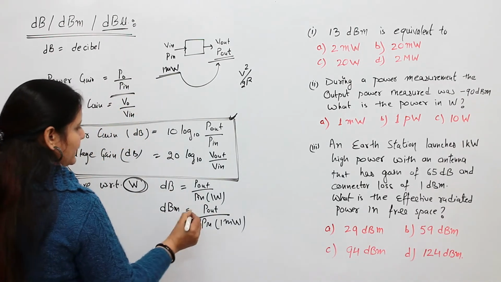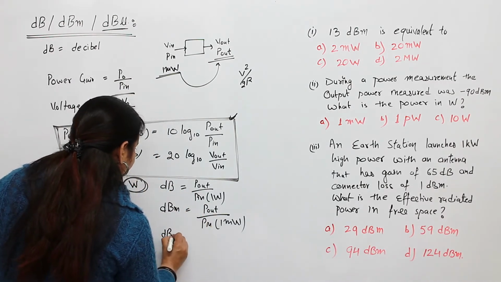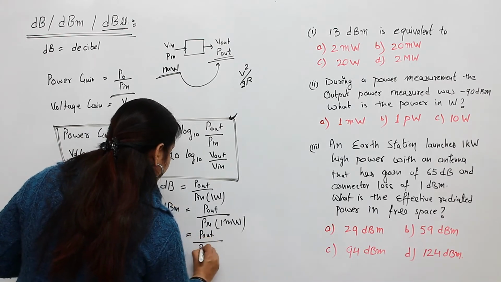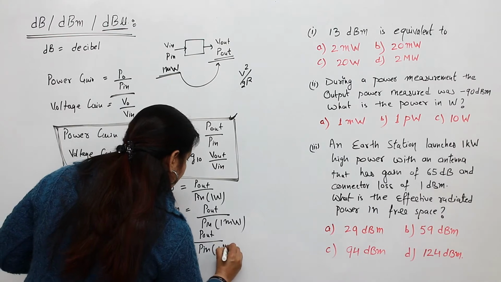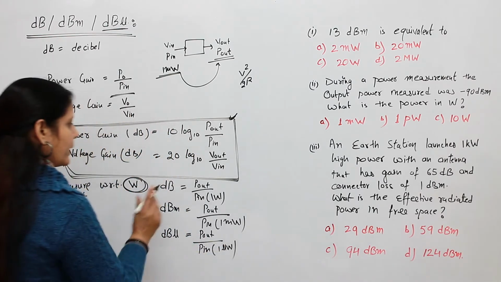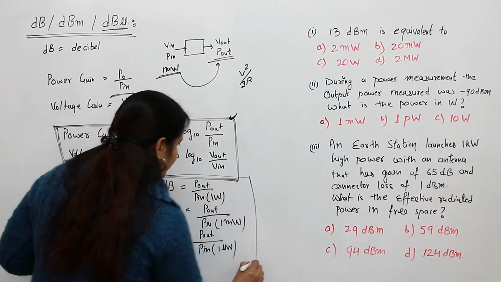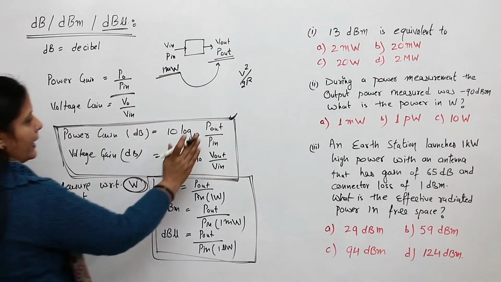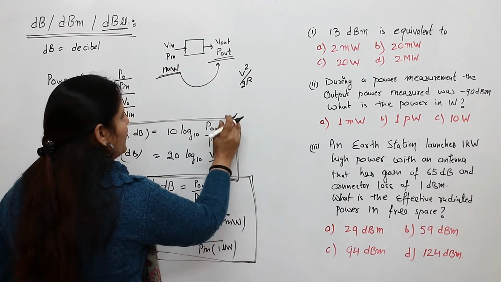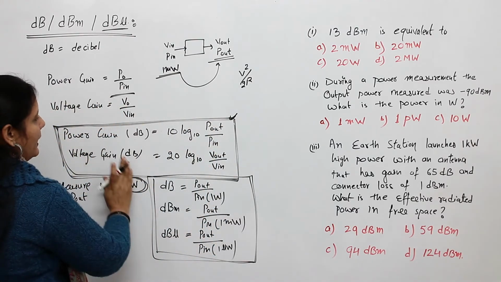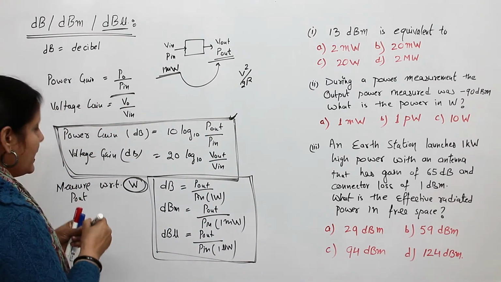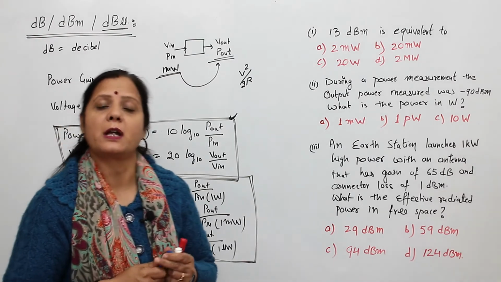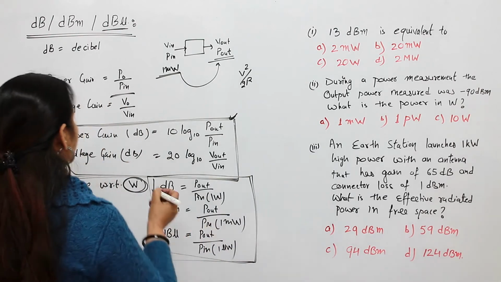So these are nothing but three different presentations of power gain when the reference input power is of different levels. Okay, so I think this is very clear to you. Here we are describing dB as a gain. You have two quantities, power input and power output, and you are defining your gain in the form of dBs. In communication systems, our radiated power, our transmitted power, is also defined in the form of